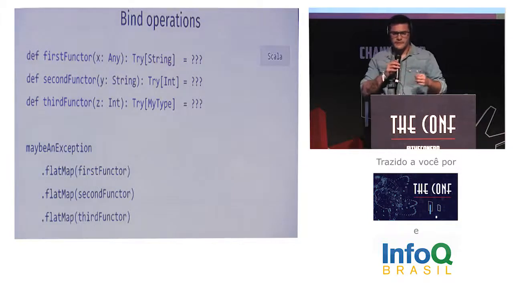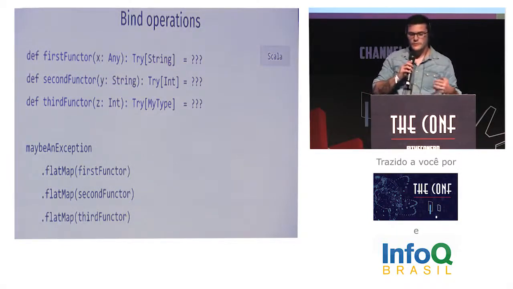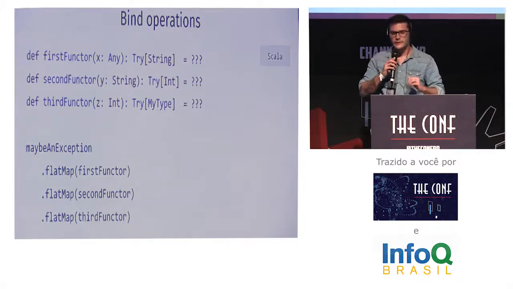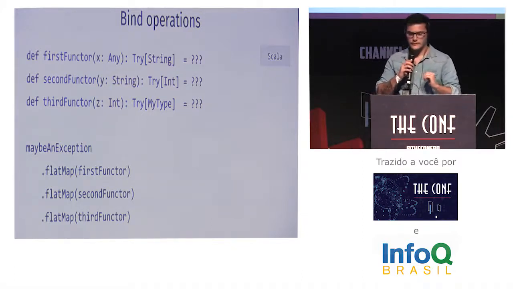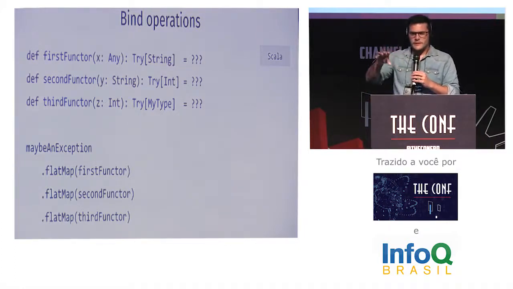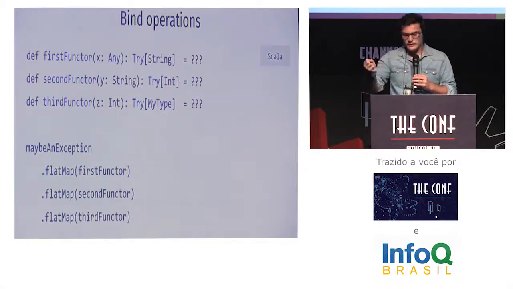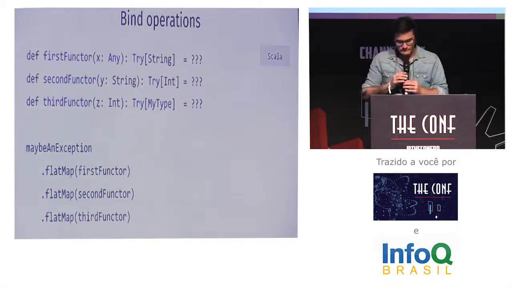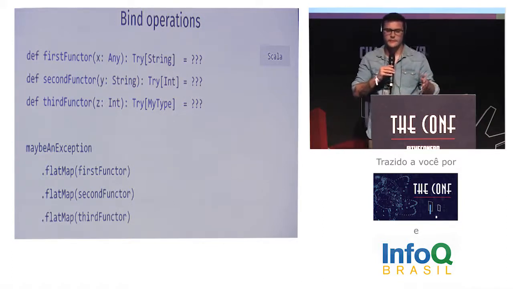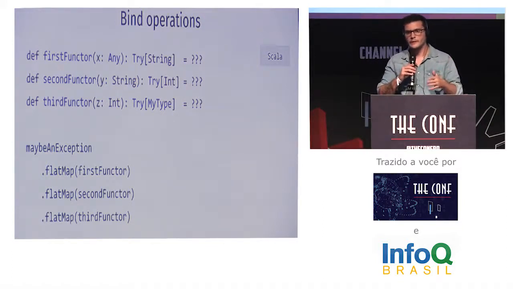But monads are smarter than that. They know how to group themselves properly. So using flatMap, you can use the bind law for the monads to generate a single instance of this monad and get only the value. So if they have the same base type, so if it's a try, you can bind them together and generate just one try without the recursiveness.